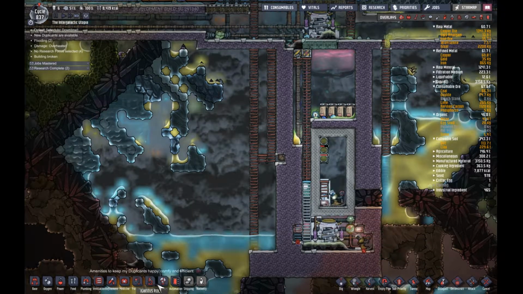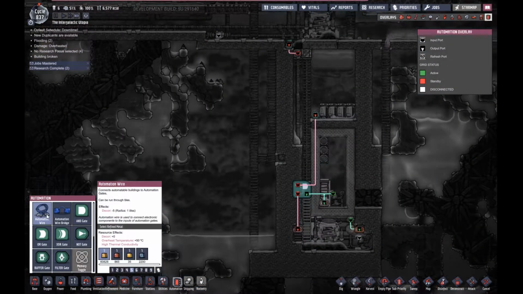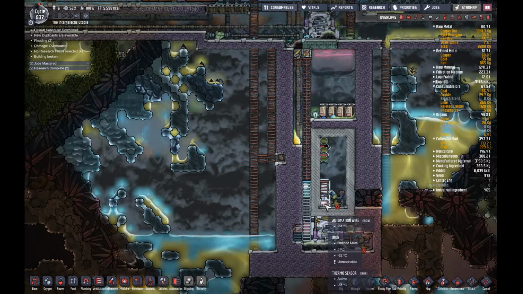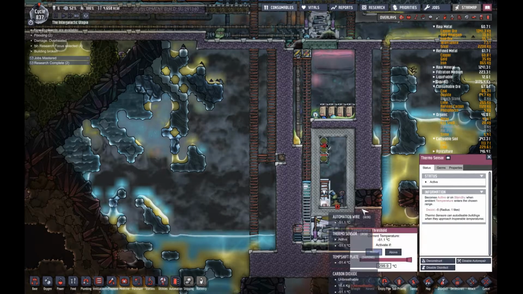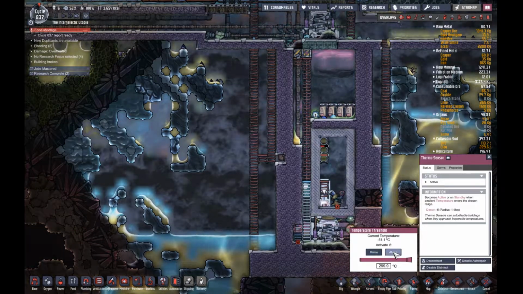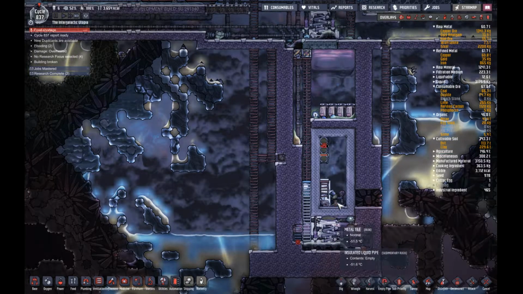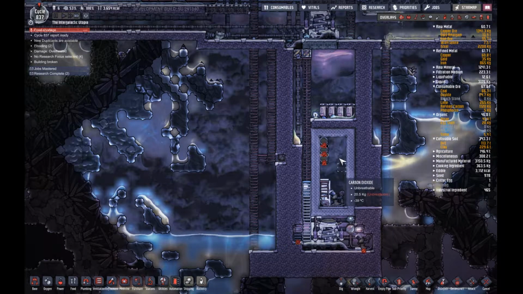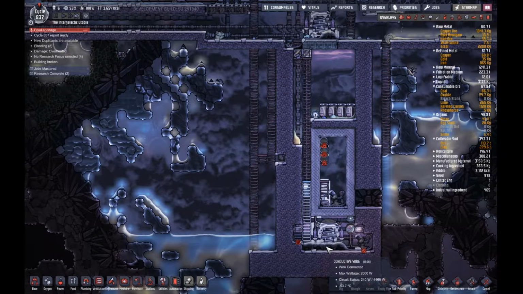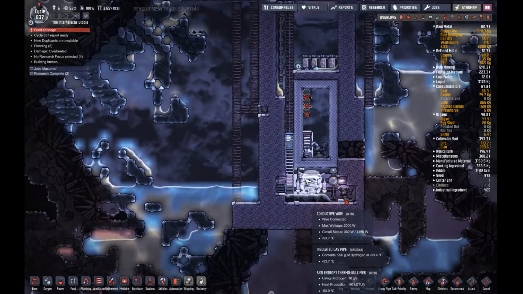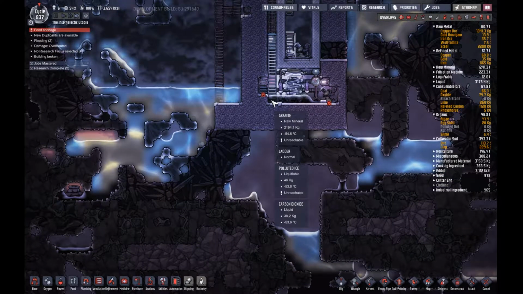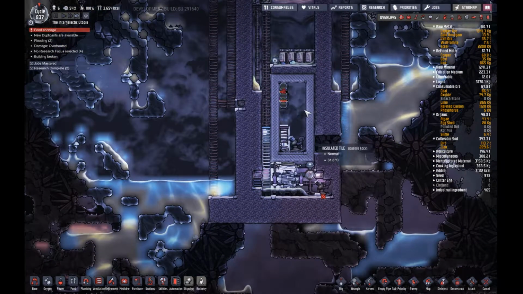Why is it enabled by automation grid? Disabled you. There, now it's turned off. So, as this cools down in here, how much CO2 is in here? Not a lot. Alright, so as